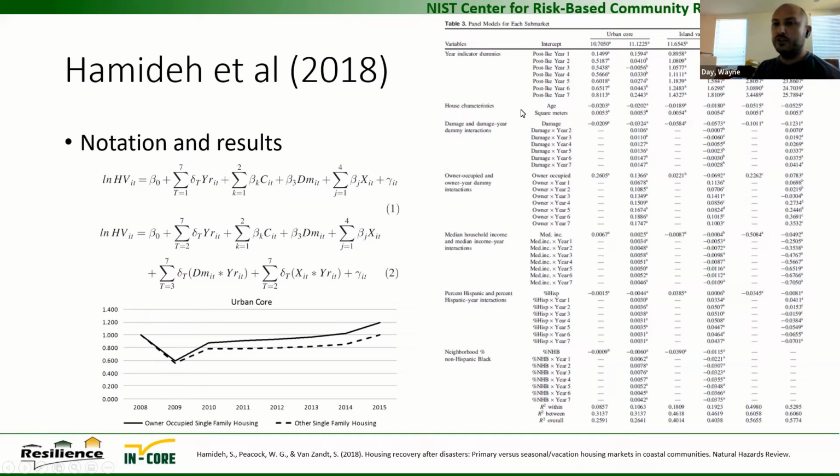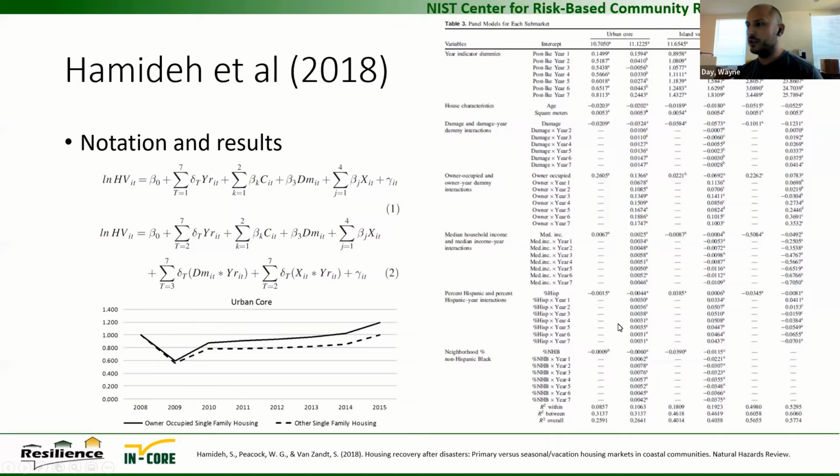This slide shows the original formulaic representation of the models, the regression results, and an example of predicted building values indexed to 1 in the base year. So you can see how building values change with time. You've got an initial drop due to the Hurricane Ike impacts, and then recovery of building value as repairs and restoration are made to the structures.